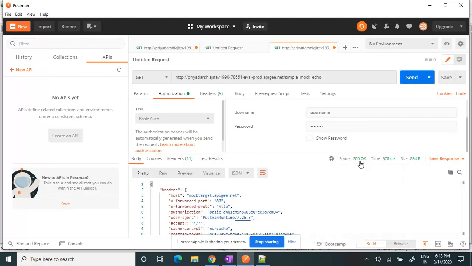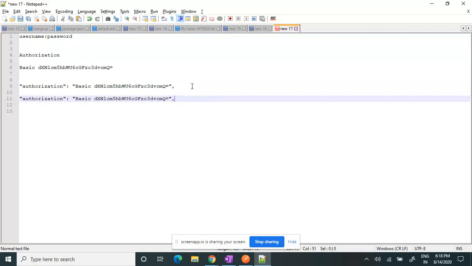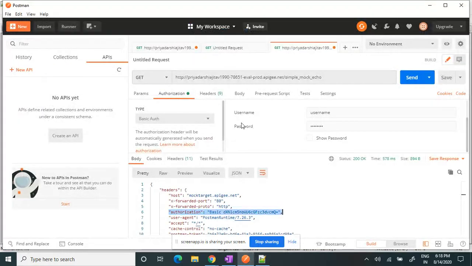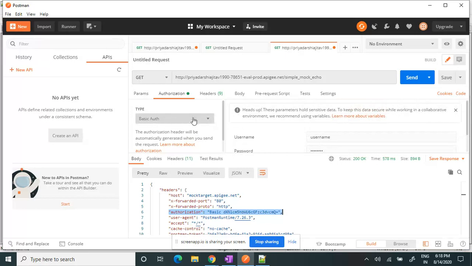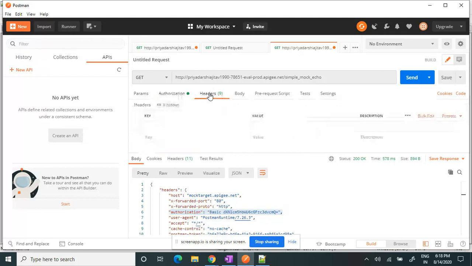Yeah, you can see 200, successful. And again, I'm getting the same authorization in the headers, similar to the previous one. But this time I'm not sending the authorization, it is sending automatically. How is it doing that? When we select Basic Auth and pass the username and password, Postman automatically converts that to authorization with base64 encoding.